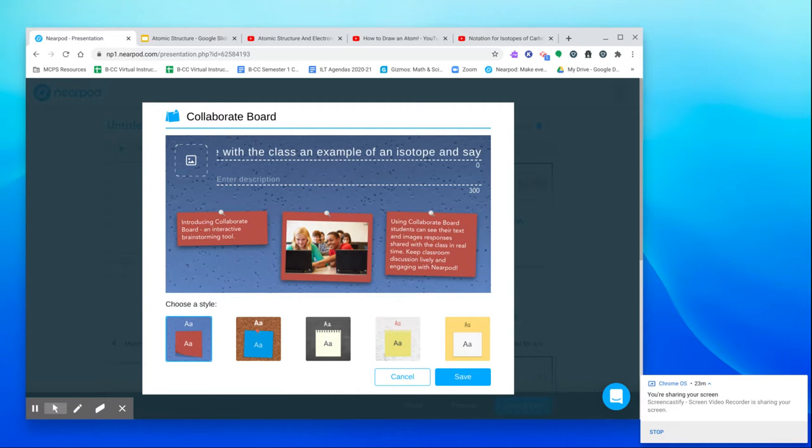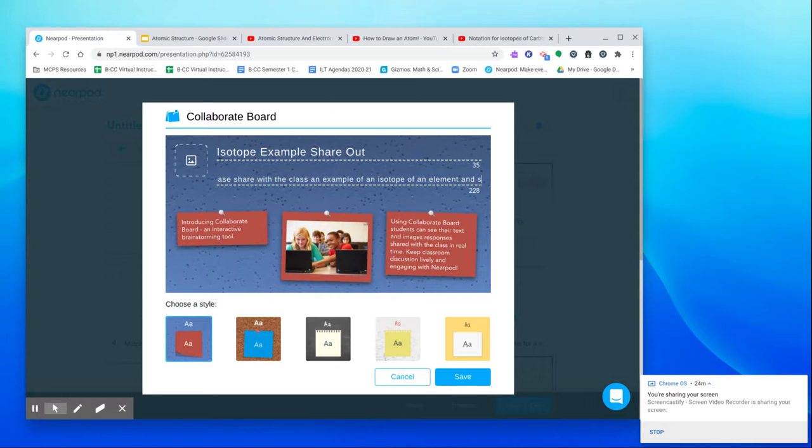I should have this in the description because it really limits your, I'm going to say isotope example share out. So please share with the class an example of an isotope of an element